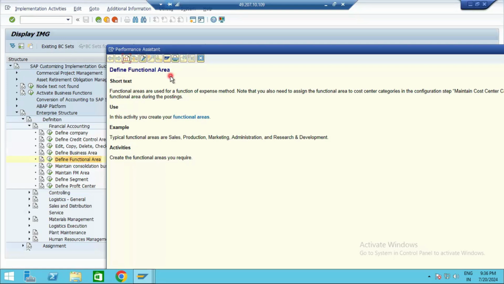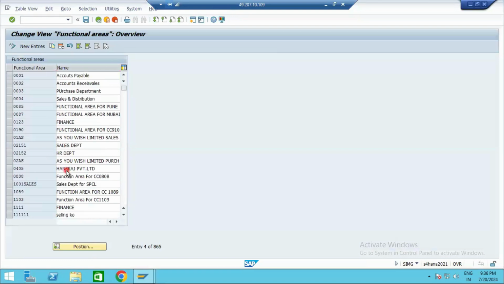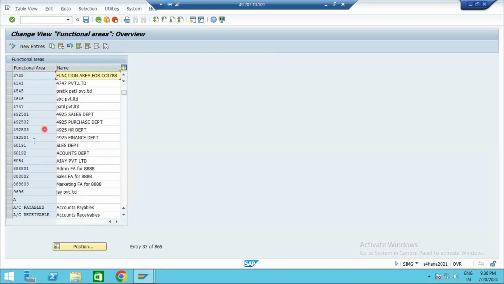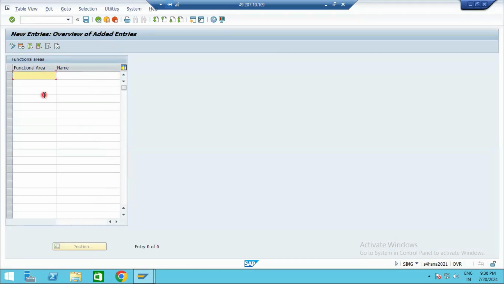So you can see this is defined functional area, why it is important, short text use, an example is given like that. Typical functional areas are sales, production, marketing, administration, R&D, right? So like that we can define here. Okay, you can select any and copy it if you require. Otherwise you can go for new entries also. So let's say I will take